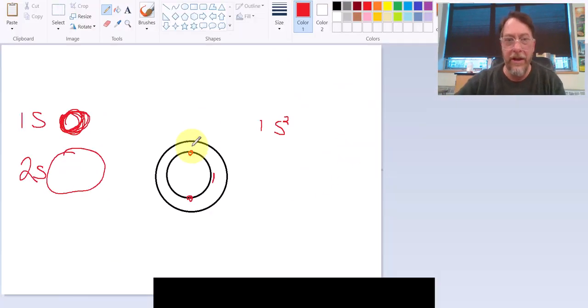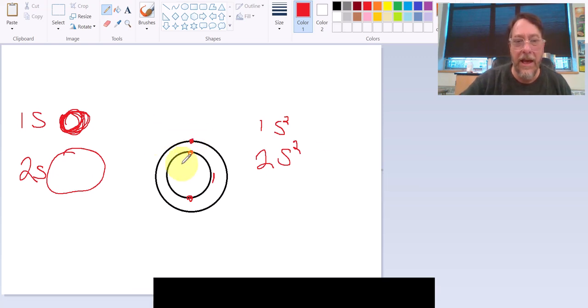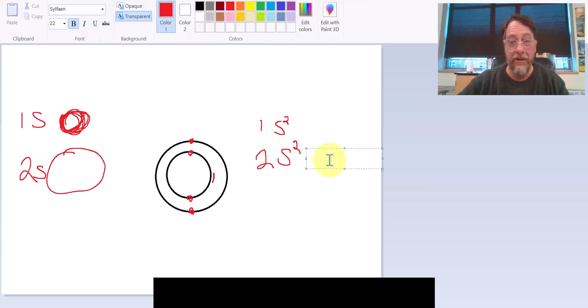We will then fill in our 2s2, because each of these little things is called an orbital, and an orbital can hold two. So there's actually a better word to use for this. The whole level 2 is an orbital, but 2s is what we call a suborbital,